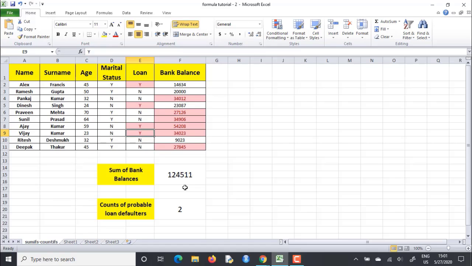But what if you had data with 50 columns or 100 columns? There you can use as many criteria ranges as you want, as many impositions as you want. Mind you, though, all those impositions will only work when the values are common. I mean, the sum or the count would only be there if the cell satisfies all those conditions which you have imposed on it.